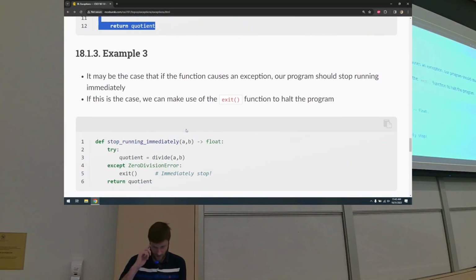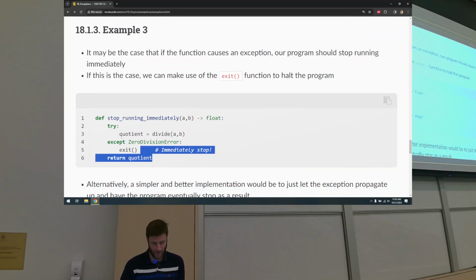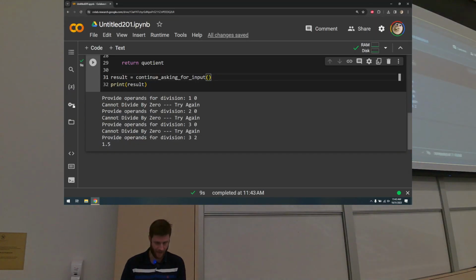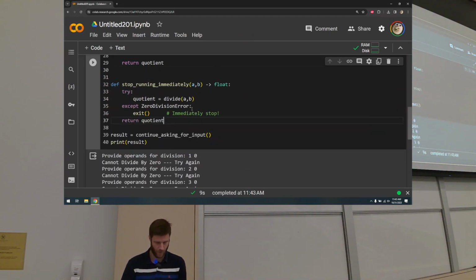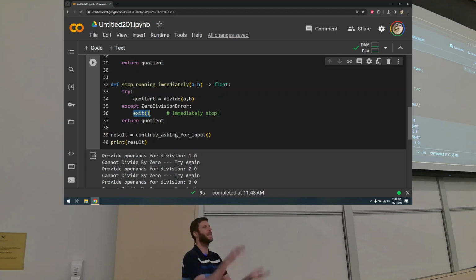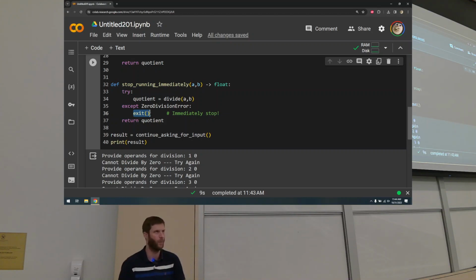Example 3. Maybe it's critically important that your code stops running. When your program crashes because of an exception, it crashed. But there's another way to make your program stop that's not crashing because of the exception: you can say, okay, we got this exception, now immediately end your program, which is a little cleaner, let's say. So when I say stop running immediately,